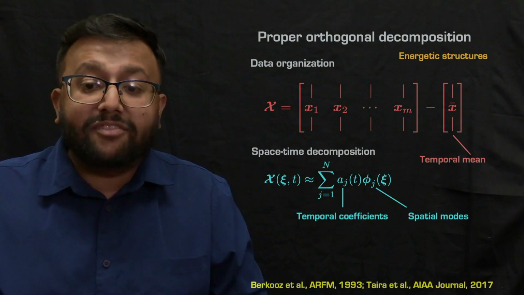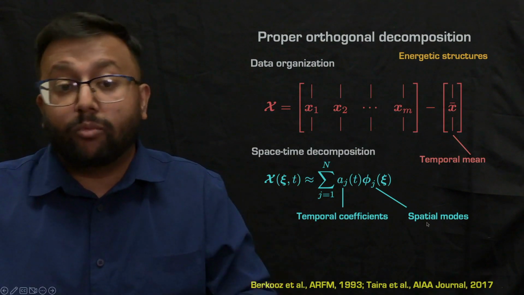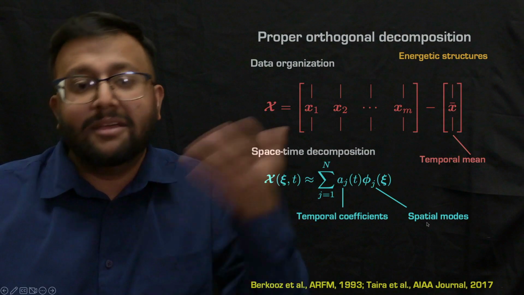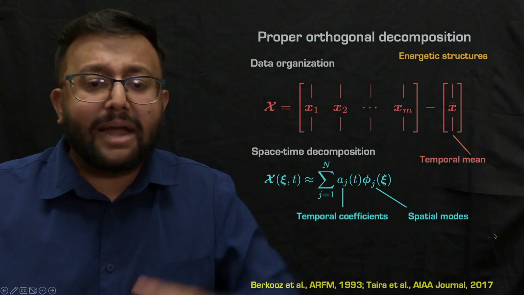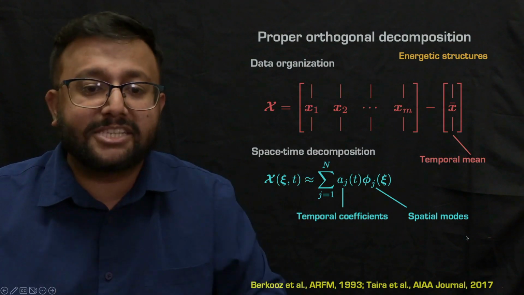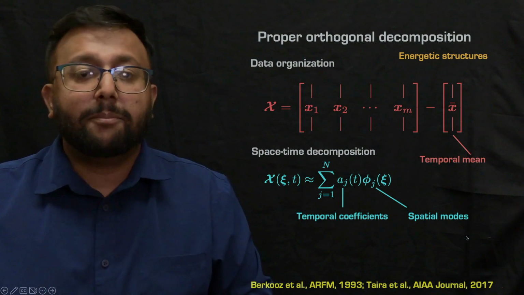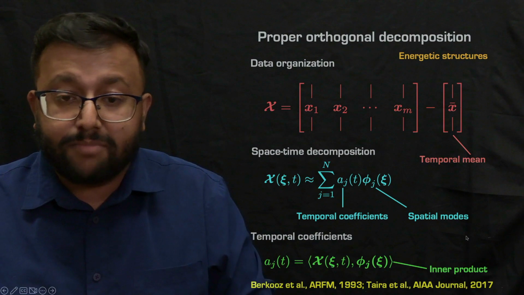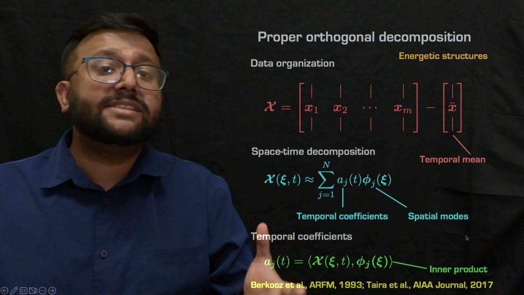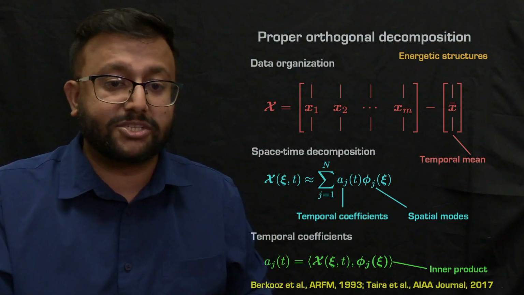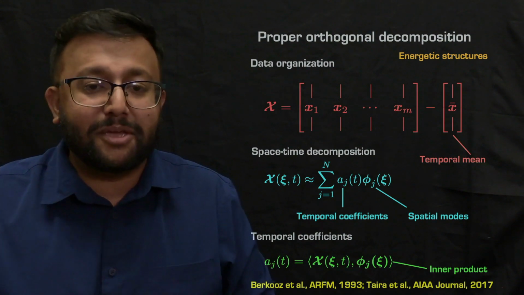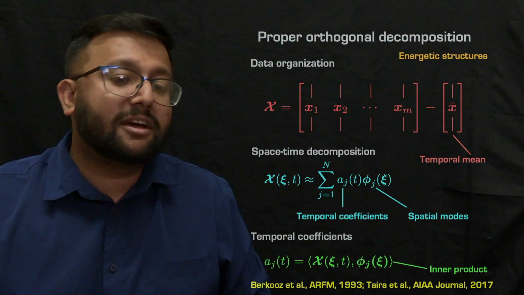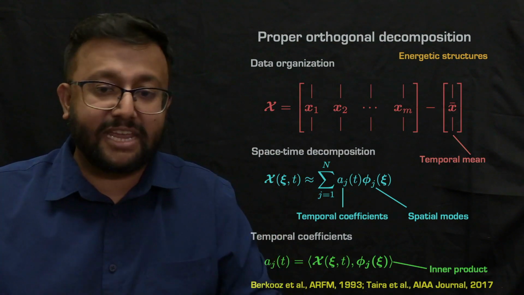So once we have the POD modes, how do we compute the POD modes, phi? That is the first question. But let's say we know how to do that. I'm going to explain that in the next slide. If we have the POD modes, it's very easy to get the temporal coefficients. So all we need is to figure out how to compute the POD modes, but once we have them, we can compute the temporal coefficients very easily.